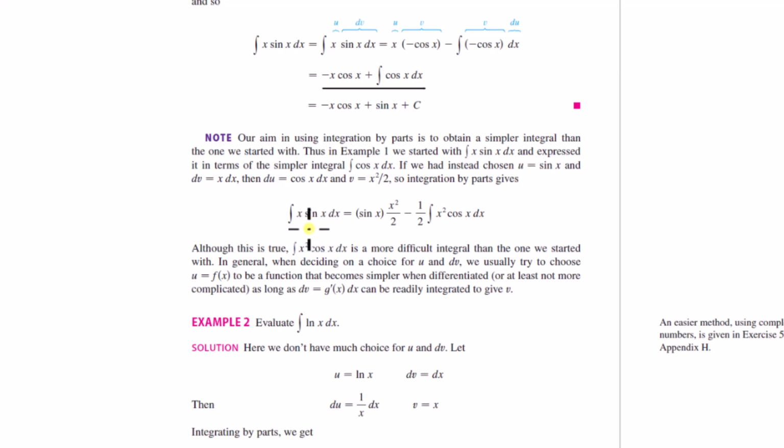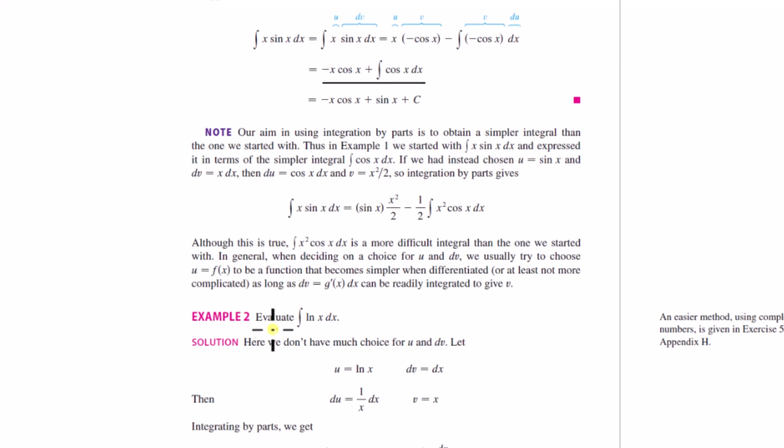But again, the general rule to follow is that you're going to choose one part as what you're going to need to integrate. The other is going to be the part you're going to need to differentiate. And the rule of thumb is to start with whatever is the cleaner, simpler process. For both of those, that's what you're going to pick as your variables. Okay, so